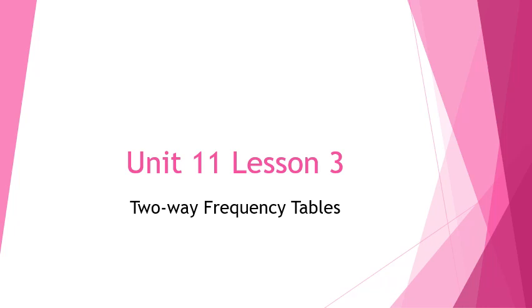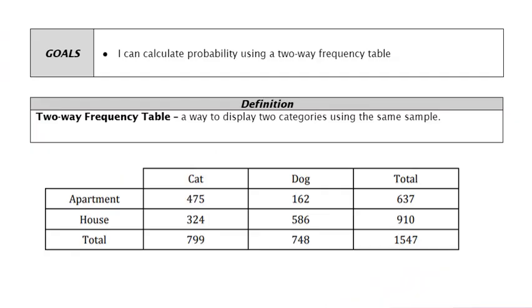For Unit 11, Lesson 3, Two-Way Frequency Tables. The goal of the section is going to be calculating probability using two-way frequency tables, which you may remember back